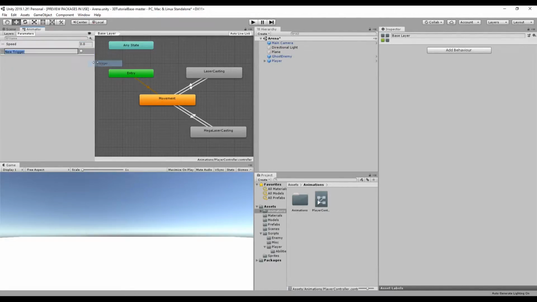We also want 2 triggers for when we want to shoot each type of laser. Triggers are one-time calls, kind of like a function. We want to make sure that these are the same name as the triggers that we set up before in player attack info, because this is how we'll call the triggers. The movement state is going to be a blend tree, which allows us to blend together animations to make things